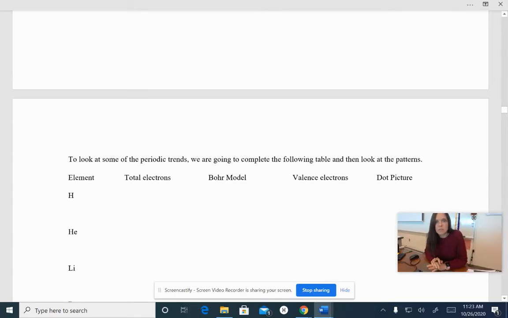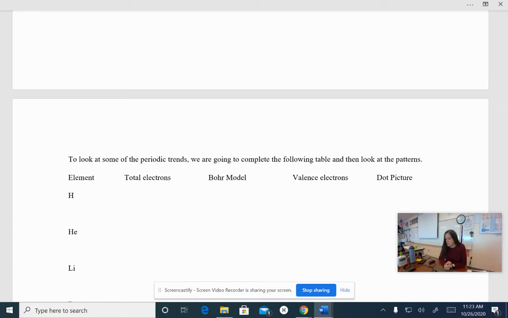Okay, Gen Chem kids, we are going to do the Bohr model of the atom today. So you are going to want to have a periodic table nearby. And also, just to help you understand what's going on, you're going to want to grab a periodic table as well. Okay, you might want to have some colors nearby as well, just because the notes tend to get a little